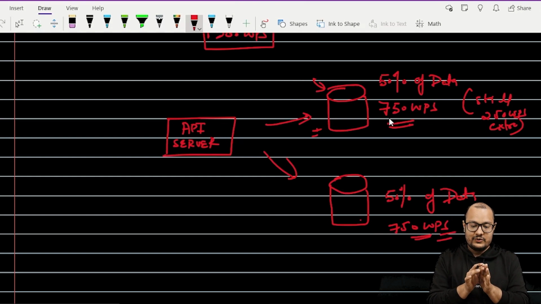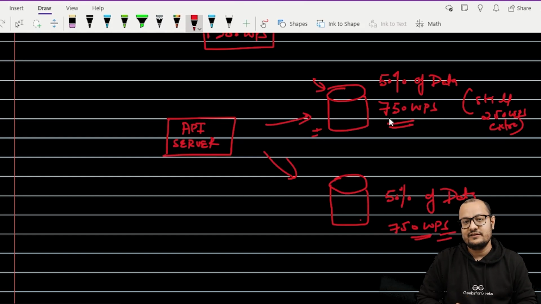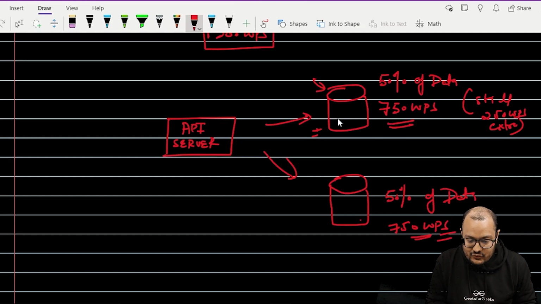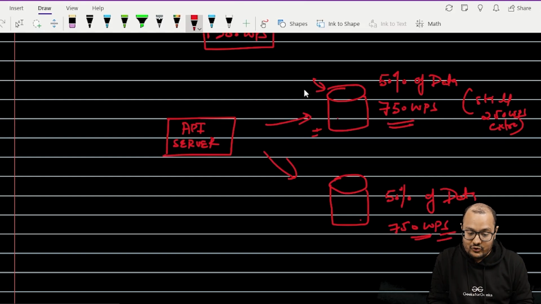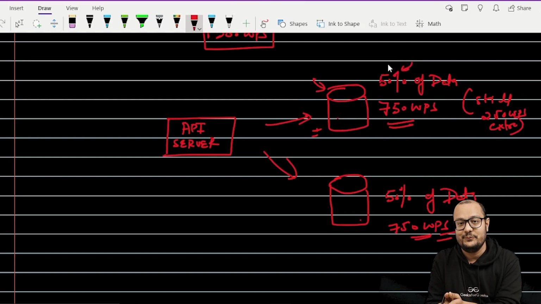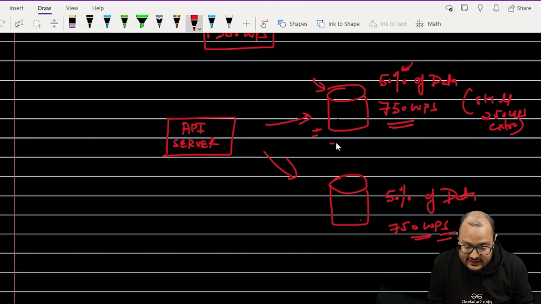Now the most important conclusion we draw out of how we have scaled the databases is when you have partitioned, when you have divided the data. So this 50% of data is partitioned, right? But this DB server that you have added, the second DB server, the first DB server, this will be called a shard.